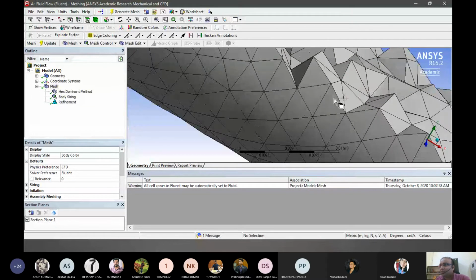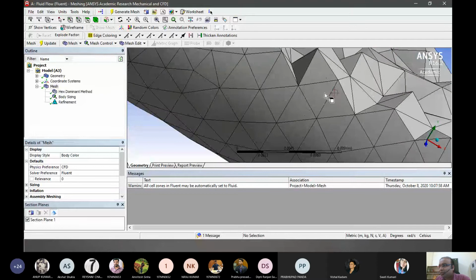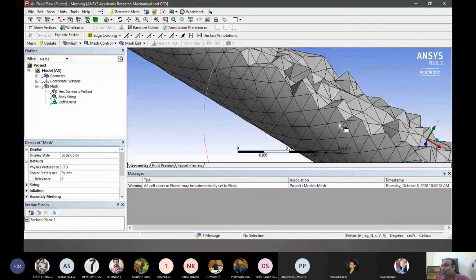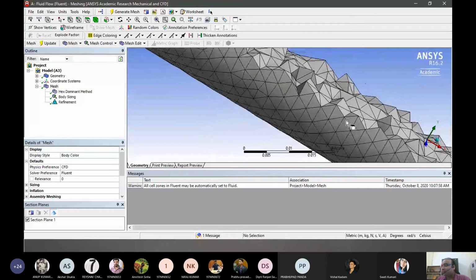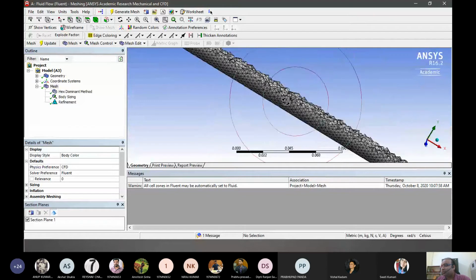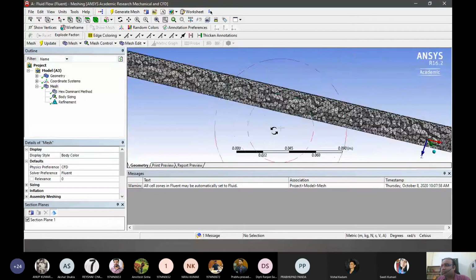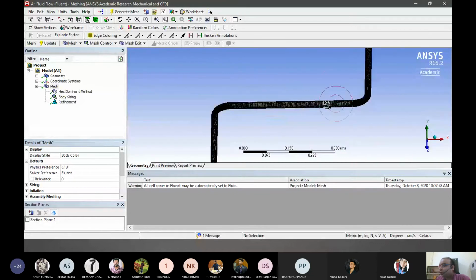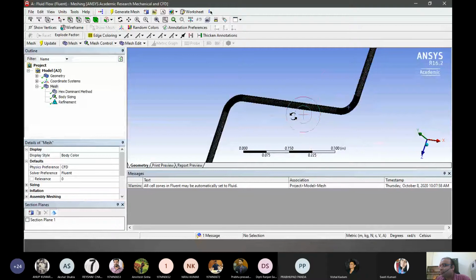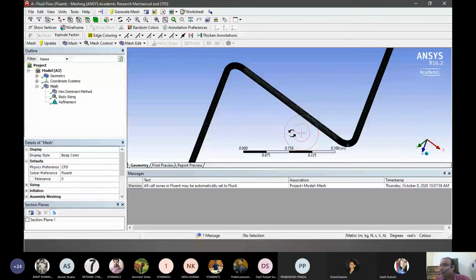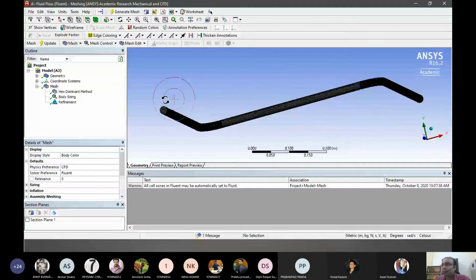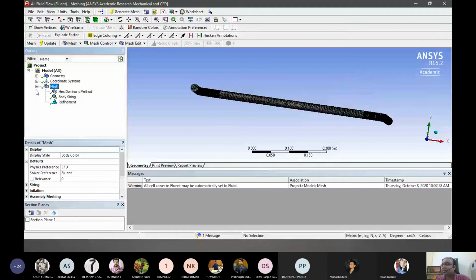So it's done for the meshing part. Let's update this. And one more thing we have to do for fluid dynamics type, we have to define a few things. We have to define where we want our inlet to be, where we want our outlet to be, and which are the walls. By defining these, the program's next step, the processing step, knows what we are talking about.